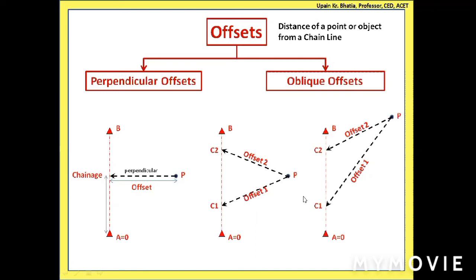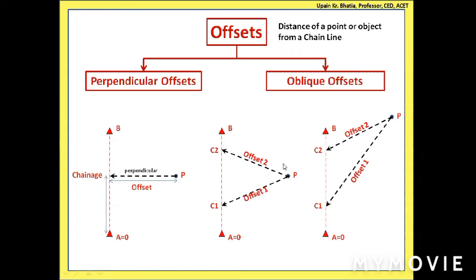Sir, there is only one point, so it is easy to draw two offsets. But if there is a building or there are many points, then what? See, this is for one point, and every point whose location is to be measured or observed is treated as a separate point. At a time, you will be observing one point only. Let us say the first corner of the building is treated as point P. It's up to you. If you can observe it as a perpendicular offset, you observe it. Otherwise, you observe it as an oblique offset.